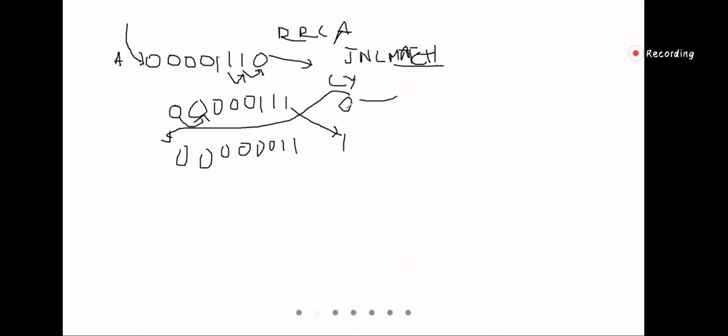Now in the first loop it will not jump. In the second loop it will jump to match, because now the carry value is 1. It is not 0. That time it will take this value, finalize it, and with this value it will try to match with DPTR.